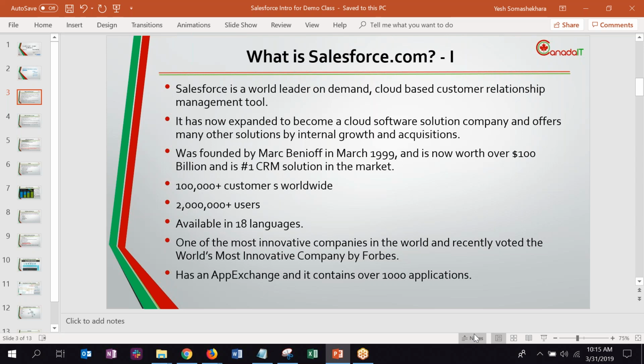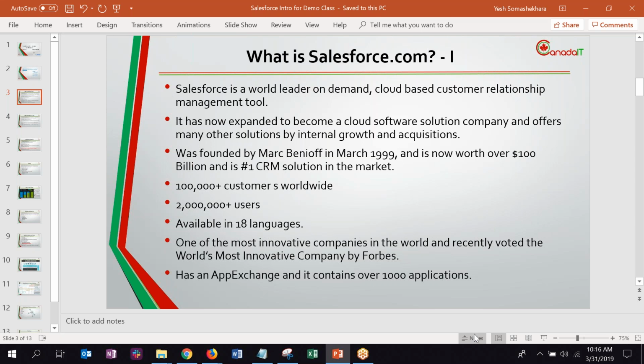And when Salesforce was first set up, it was one of the pioneering companies which offered itself as a SaaS. SaaS is known as software as a service. I'll cover all this in detail in coming slides. But it's one of the first companies to do that and say, okay, we're going to put everything on the cloud and you are going to access it through a browser. At first, a lot of people were apprehensive. They didn't want to do it. I mean, who wants to store the company data on the cloud, right?